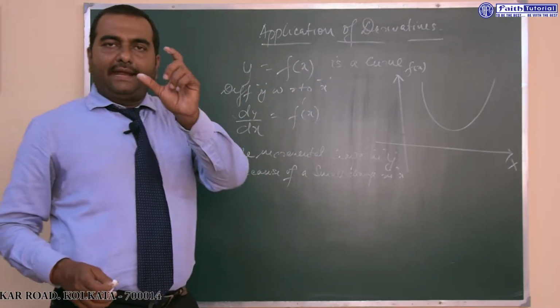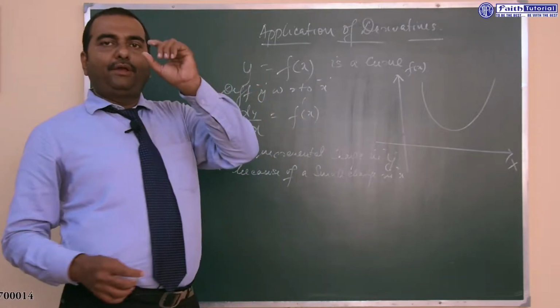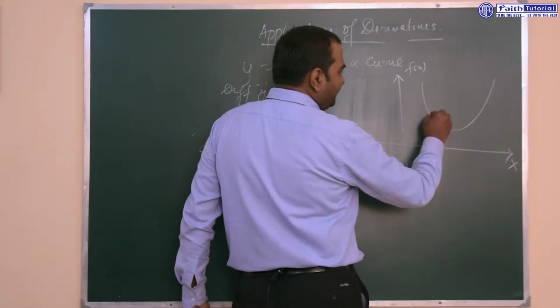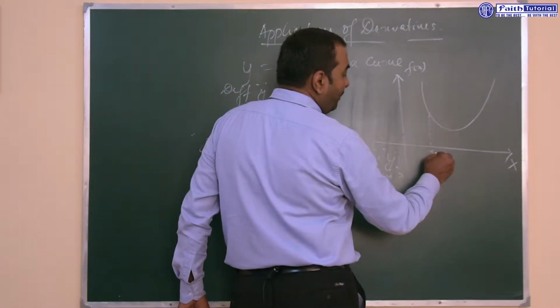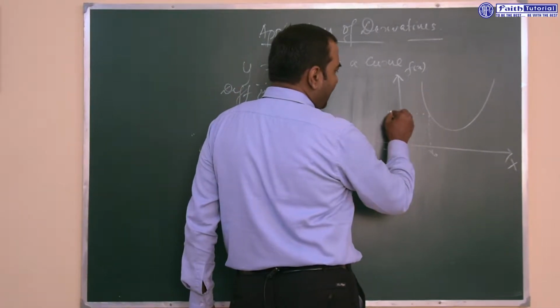That means we intend to measure the change in the value of y because of a very small change in the value of x. That means if this is the initial value of x as x0 and the corresponding value as y0,